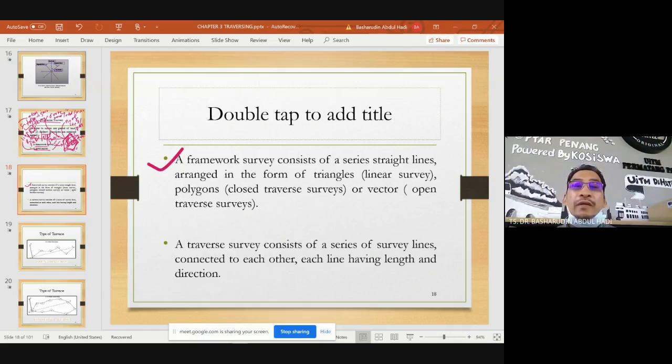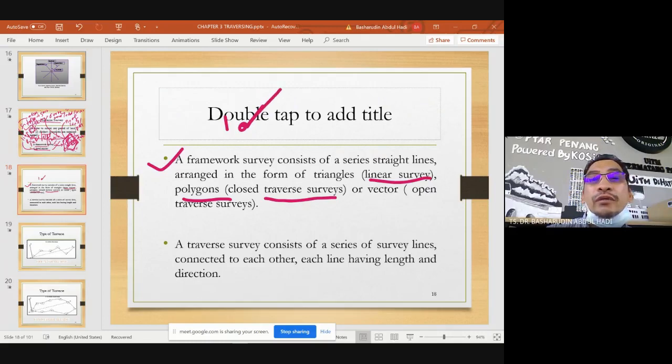A framework survey consists of a series of straight lines arranged in the form of triangles, ellipse, linear survey, polygons, closed traverse survey, or vector, open traverse survey. So what is the difference between open and closed? Normally, people say like this: we have station 1, we are going to station 2, we are going to station 3, station 4, station 5. So people say this one is